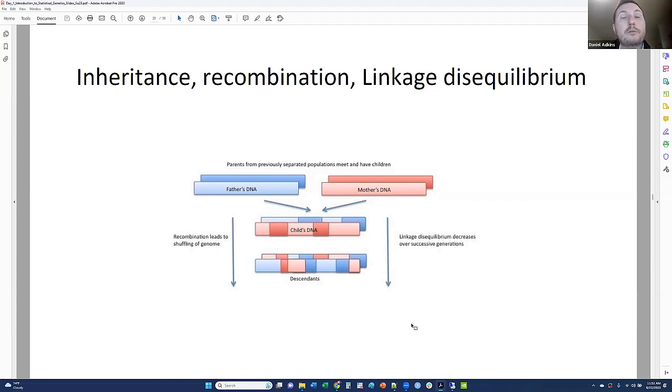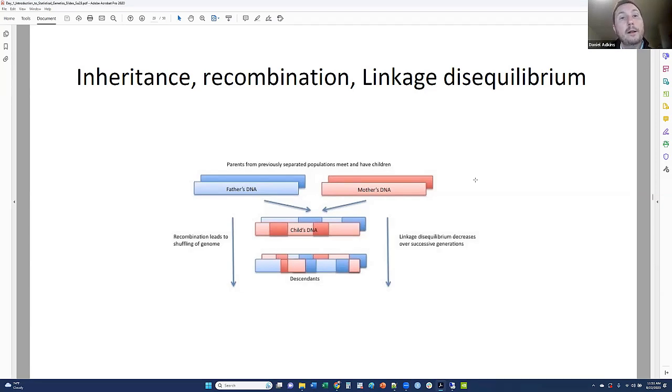LD score regression is very helpful. It gives us an estimator of the heritability of a trait. It allows us to calculate genetic correlations. It allows us to estimate confounding due to population stratification. And all of that would not be possible without this feature of